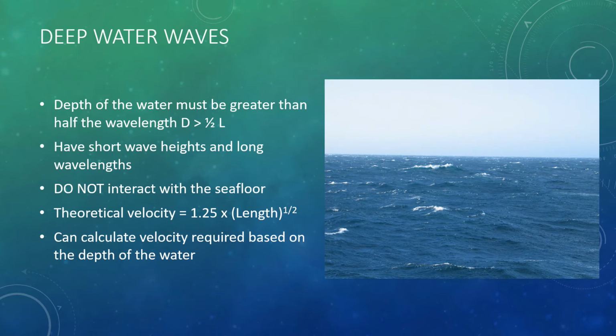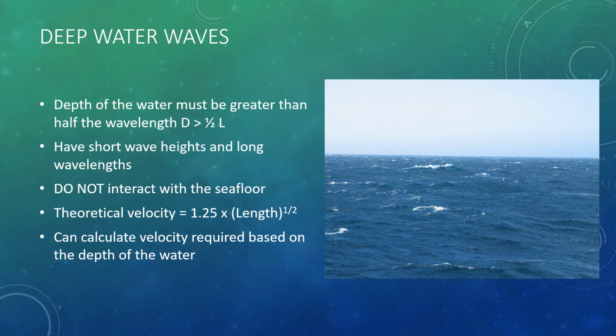Deep water waves are waves in which the water depth is greater than half of the wavelength. For example, if the wavelength is 10 meters, the depth of the water must be more than 5 meters. Deep water waves often have short wave heights and long wavelengths. They will not interact with the seafloor, as the orbital motion we previously discussed will dissipate before the wave base